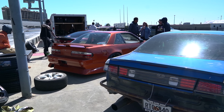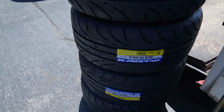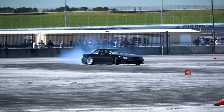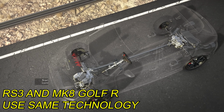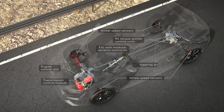Often the weight of the car is reduced as well as power increased. The suspension is also generally modified, and the most common thing, a whole bunch of extra tires. While you don't need all of those things, there's a whole bunch more that can go into building a proper drift car. The Golf R is a front-wheel bias, all-wheel drive car that can send up to 50% of power